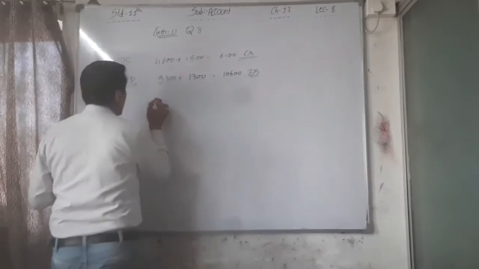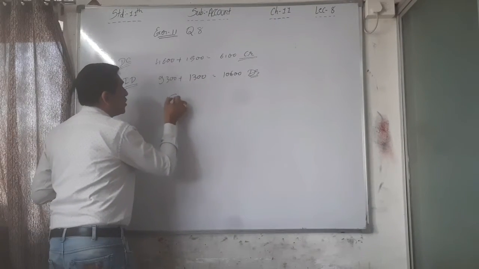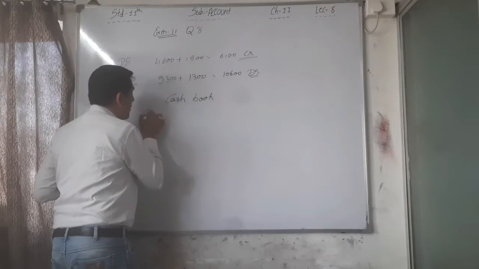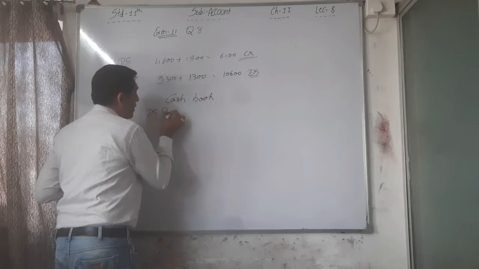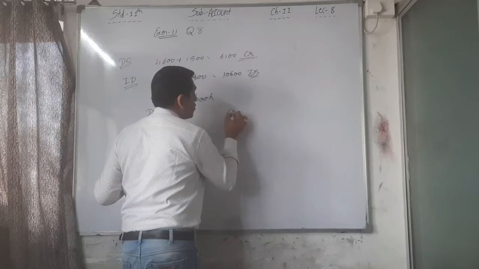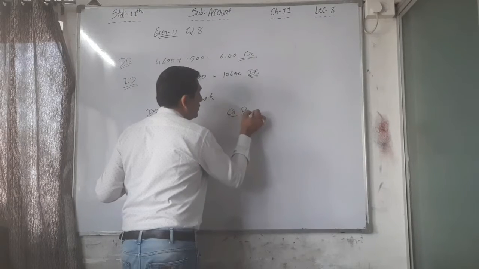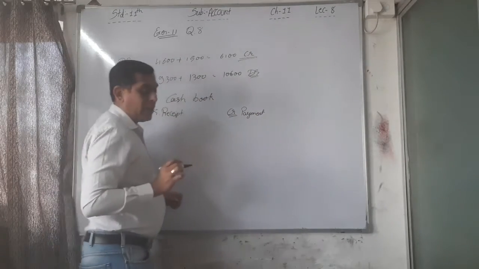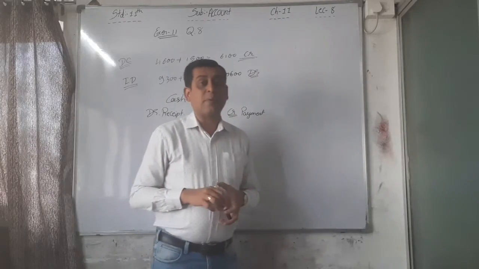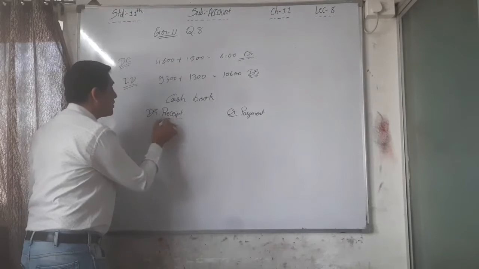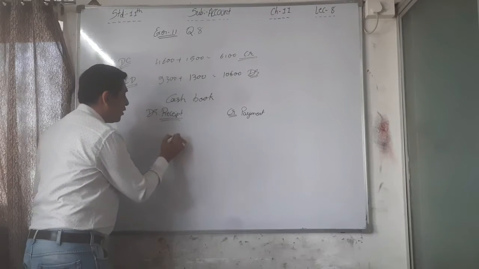So here again, see that this one is the cash book. I am explaining you just here. This one is the debit side, you can say the receipt side. This one is the payment side, so you can say it's a credit side. Okay. Bank credited that particular interest. We have to debit it. So we have to record on this side, debit side, 400 rupees.